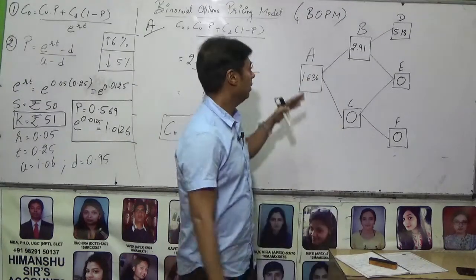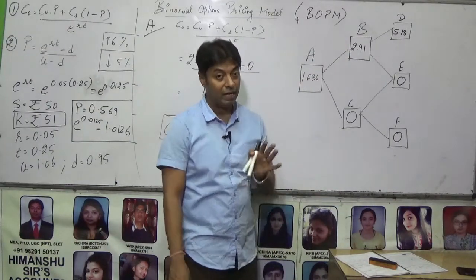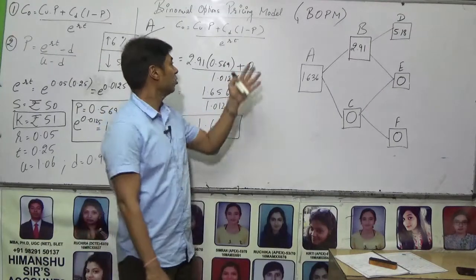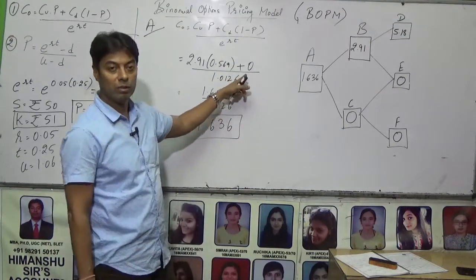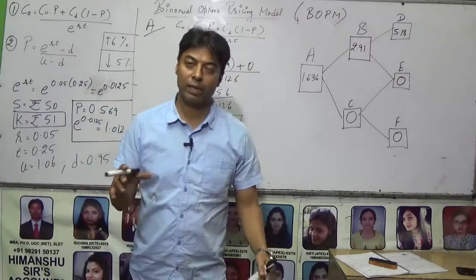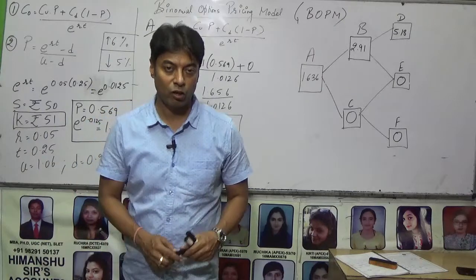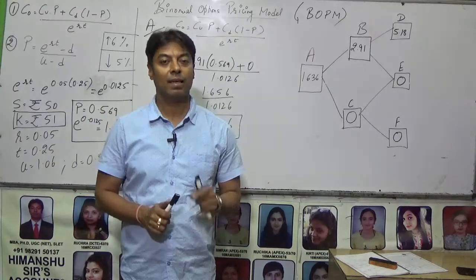You must remember, CU stands for upswing value, CD stands for downswing value, and if the downswing value is 0, anything multiplied by that will give you 0, right? So we finish over here, we stop over here, and we are going to continue with the calculation of put option in our next lecture.